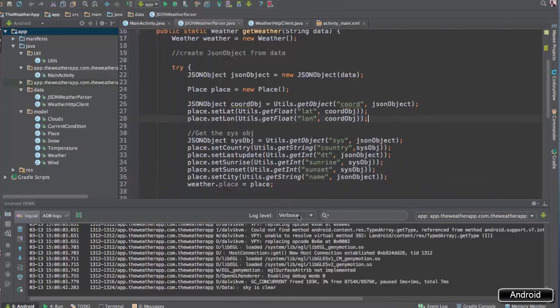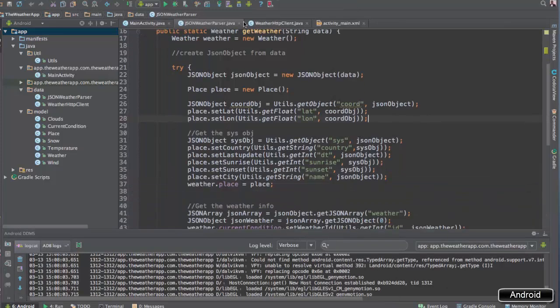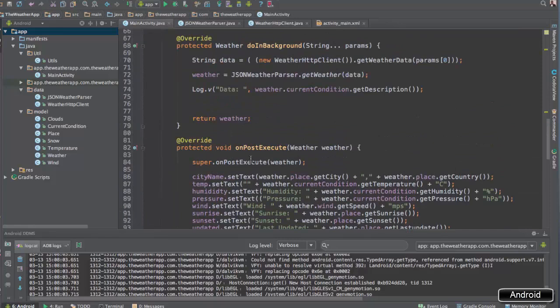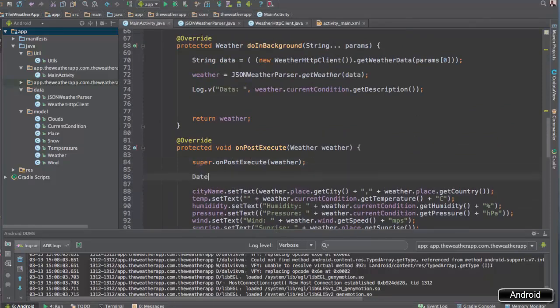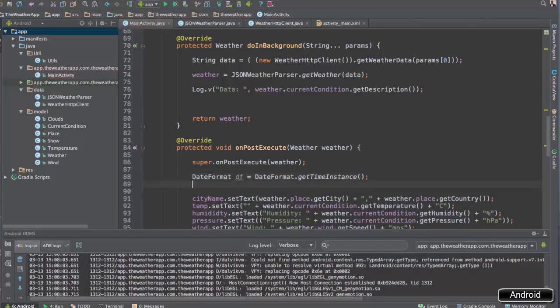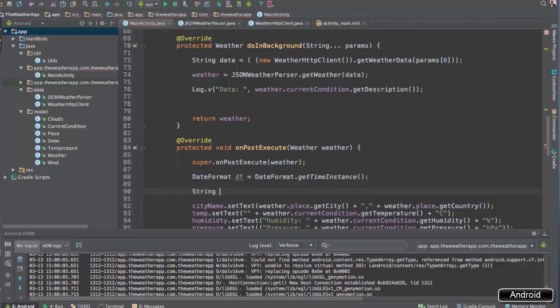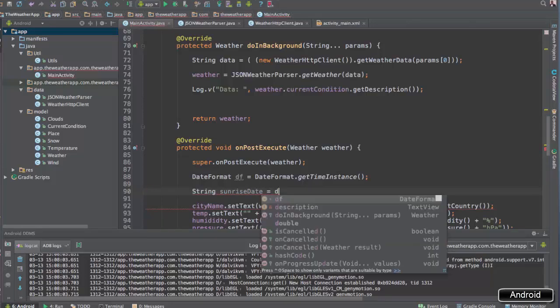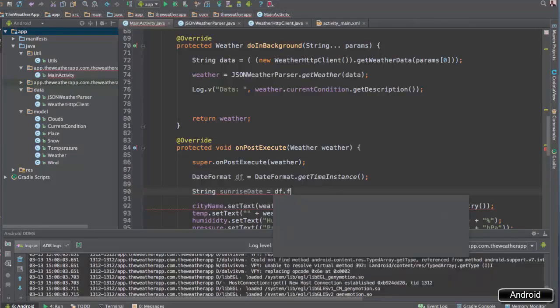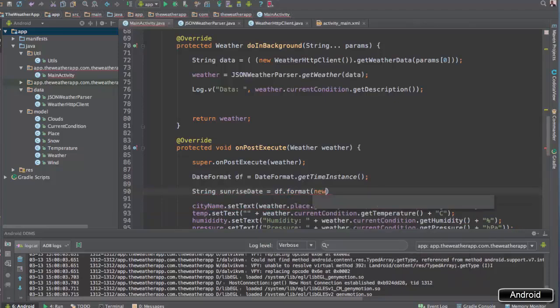So the first thing we're gonna do for this to work, we're gonna go back to our main activity, and before anything here, we're gonna create a date format class. So date format, we're gonna say df is equal to DateFormat.getTimeInstance, and now we're gonna say string sunrise date is equal to df.format, and we're gonna pass in a new date